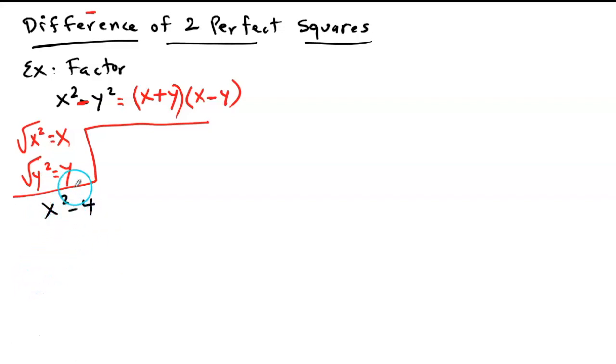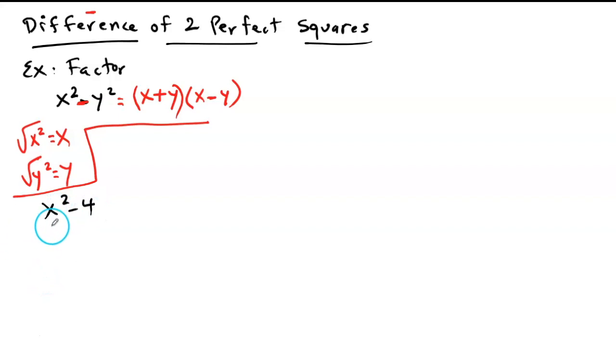Let's factor x squared minus 4. Like I said, you can either have a variable to the second power or a perfect square, basically any variable with an even exponent, and I'll explain that in a minute. Let's do this one. I have to factor this. I have a minus, 4 is a perfect square, x squared is a perfect square, so this is a difference of